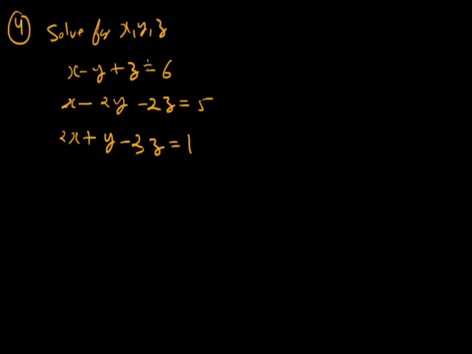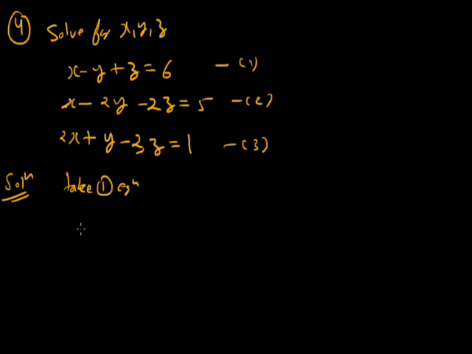हमें ये तीन इक्वेशन दे रखी है और यहाँ पे तीन वेरिएबल्स है x, y and z. Now how we can solve this problem? So let's say this is equation number 1, this is equation number 2, this is equation number 3. Now let's see how we can solve this. Let's say we take the first equation.